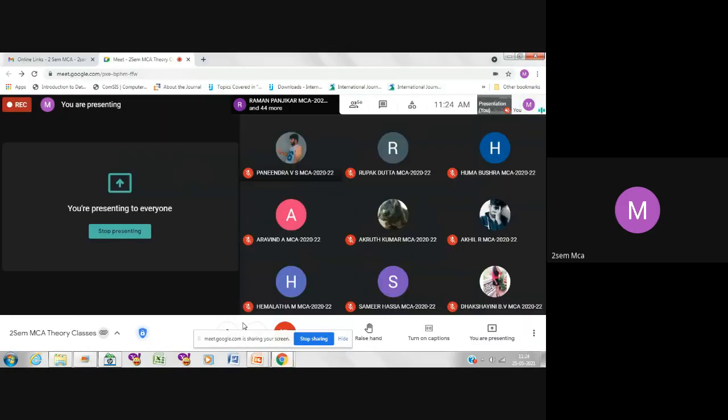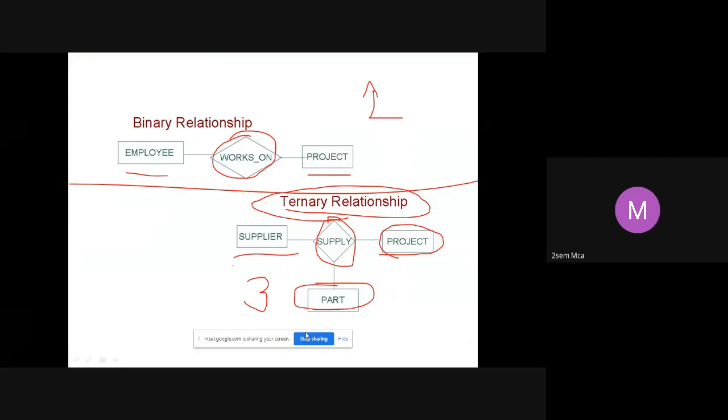Any doubts so far? Are you clear about what is meant by degree of a relationship? Relation is different, relationship is different. Degree of a relation is different, degree of a relationship is different. We are not talking of relation now at all, hence we are not talking of degree of a relation. We are only talking about relationship and degree of relationship. Don't get confused. Going further, we'll be learning about relation, degree of a relation and all that. At that time I will tell you again what is relation.